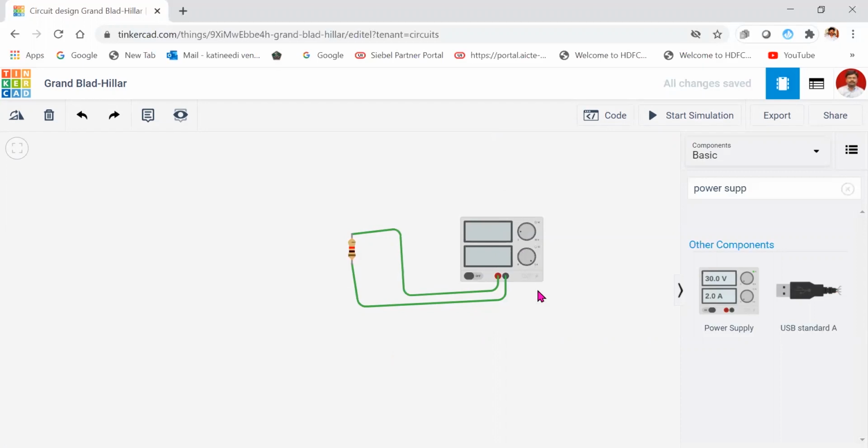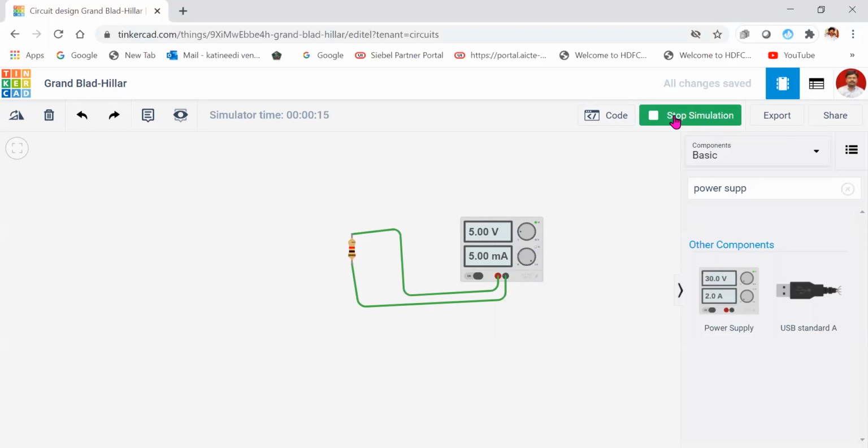As per Ohm's law, V equals IR. So current I equals voltage V, 5 volts, divided by 1K. We will get 5 milliamperes. This is the design of the circuit. Next, we have to go for the simulation. Click simulation, start simulation. Check now, the voltage 5 volts is applied across the 1 kilo ohm resistance, and then you will get the current I equals 5 milliamperes.